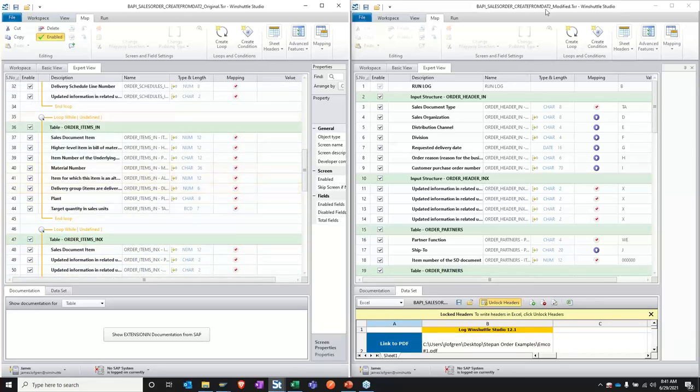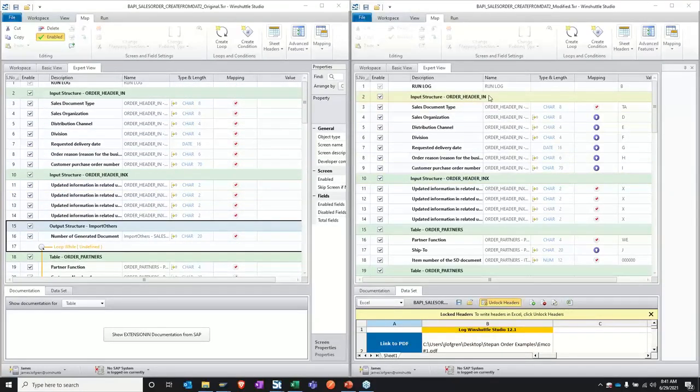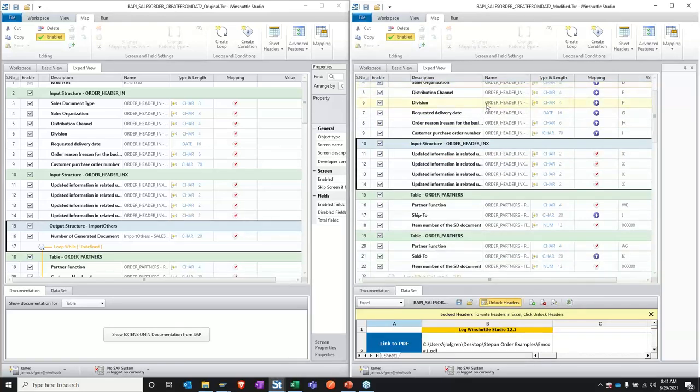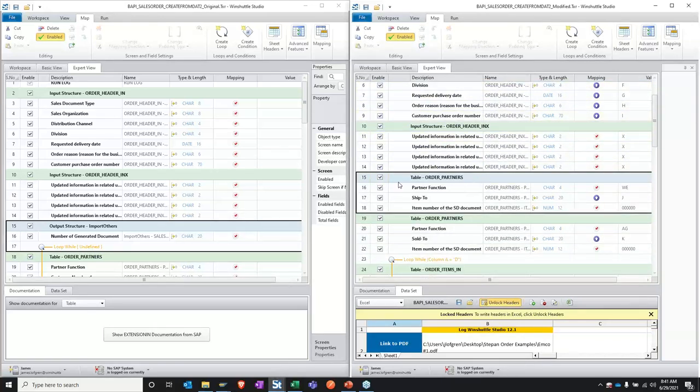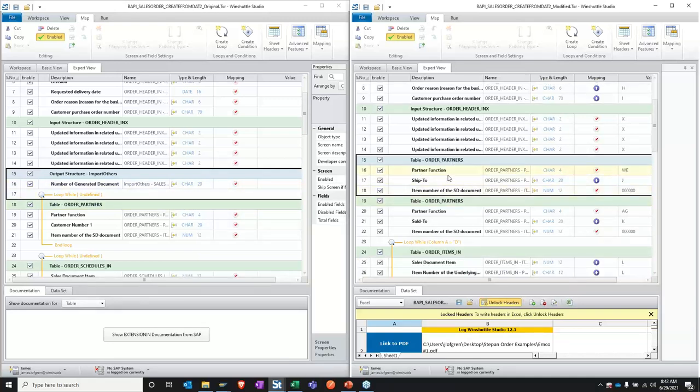I don't think anybody would go through the process of trying to fill that out. So being able to take those concepts that we just learned and apply them, we can get it to something more like this, where our input structures, obviously this is our header information, we're still just going to have one. But right here, we already see a deviation. So our order partners, we don't want this to be some line item underneath our header information where we're going to list out partner function 1 or my ship to or my sold to. We know that for this particular example, on our sales order, we want a ship to and we want a sold to. So rather than having a loop, we actually deleted the loop and we copied the structure and